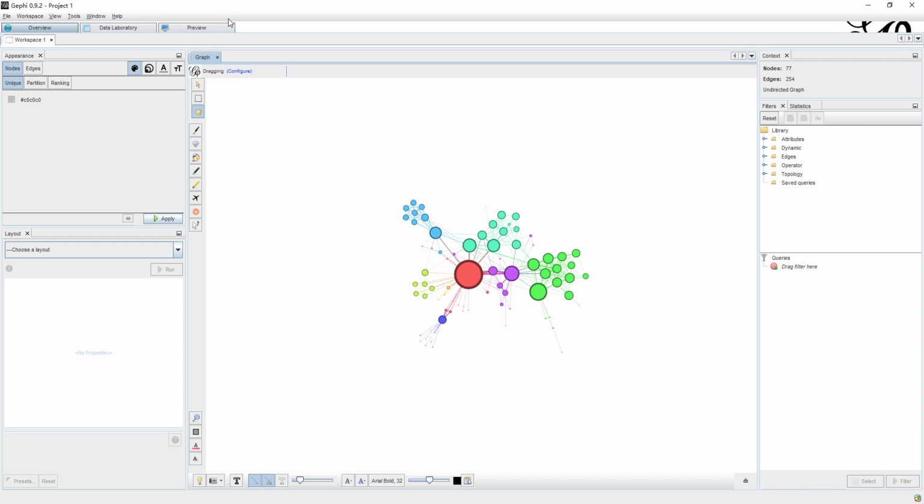Let's be familiar with the interface of Gephi. There are three tabs at the very top of it. The first tab is the overview, and it is the most common workplace for us, unless we are trying to look at the data. For the overview tab, we have an appearance tab, a layout tab, a filters and statistics tab, and a queries tab. There is a little button over here at the bottom of the page where you can click on it,